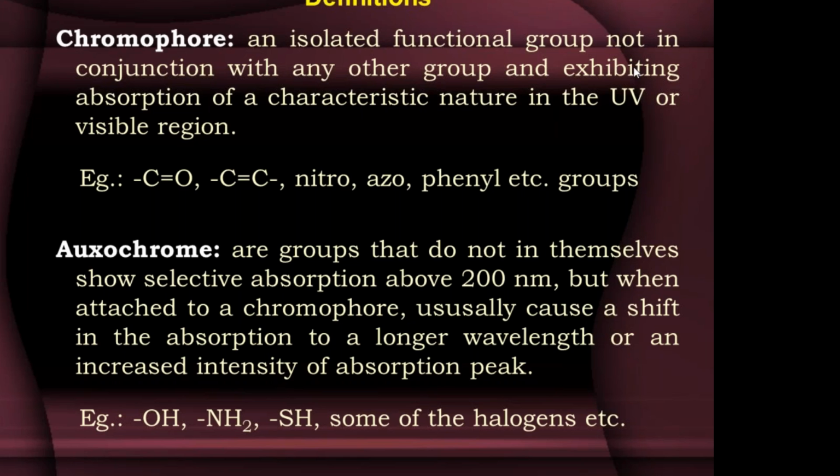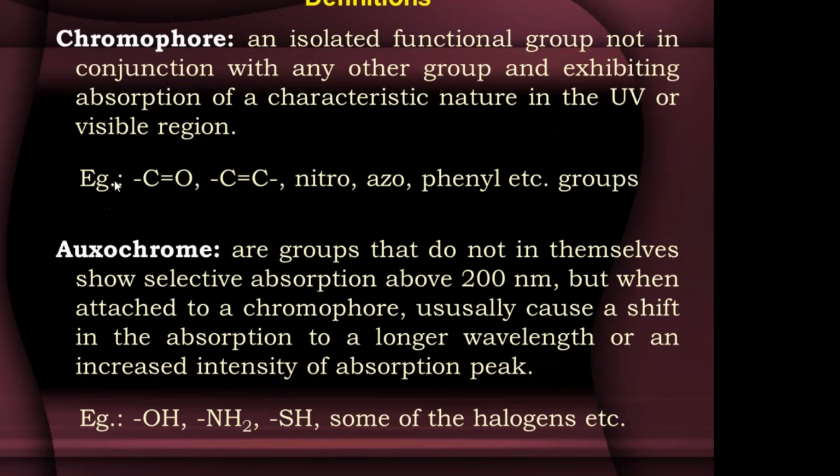It will exhibit a characteristic absorption in the UV or visible region without being connected to any other group. Also, it should be capable of absorbing. So this is the group. The chromophore is the group that is responsible for UV visible absorption in a